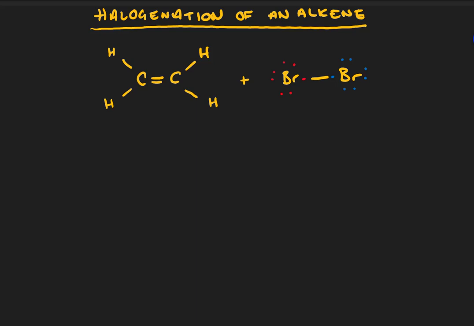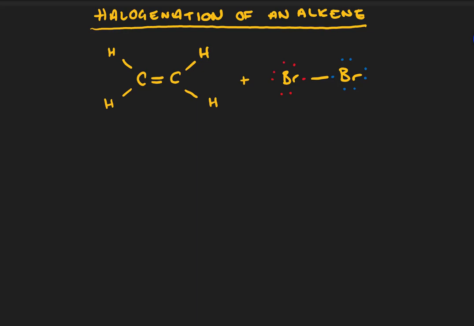Hi everyone, so today we are looking at the halogenation of an alkene, and all this means is we are taking a halogen, so something like bromine, chlorine, fluorine or iodine, and adding it to our alkene, which today is ethene, our simplest alkene. So this reaction is a little bit different than those that we've covered so far, but we'll walk through it